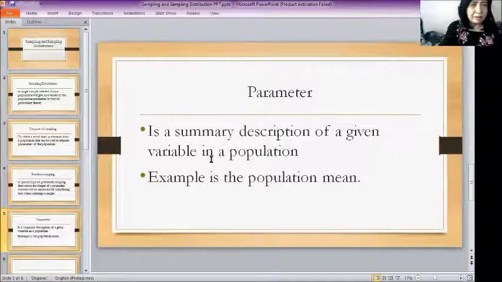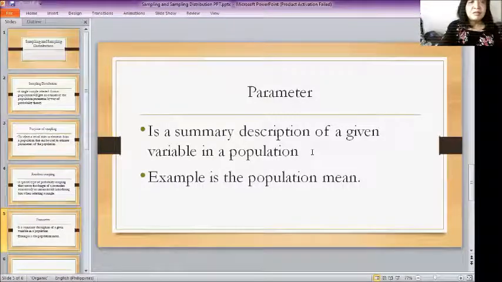So we're talking here about a parameter now. When you talk of parameter, it is a summary description of a given variable in a population. So these are the values or descriptions we should get from the population, and you call them parameters. Usually the notations used for this are Greek letters. For the mean, I think we use mu. Whereas for the samples,